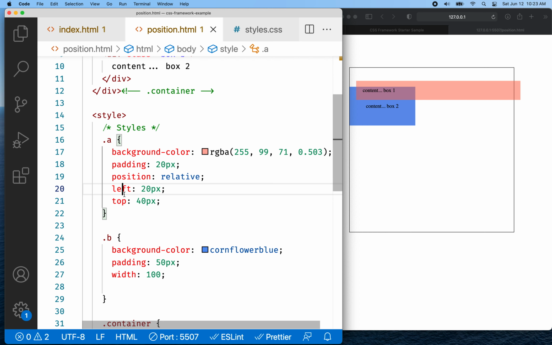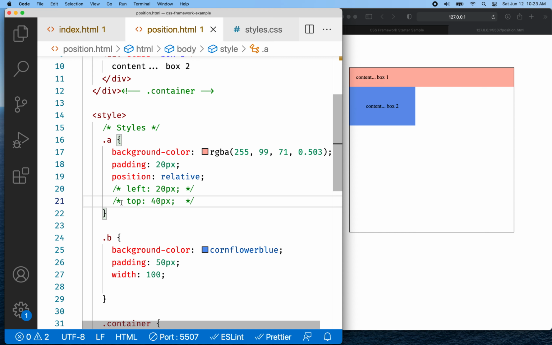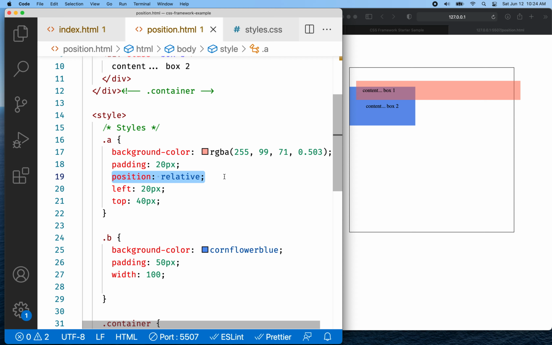What happens now? Weird. Wait, did you catch that? Let's try that again. What if I comment these out just for the moment here? This is what it looks like normally. We're relative position. Everything is acting and looking normal. If I apply the left property, though, I move 20 pixels to the left. If I apply the top property, I move 20 pixels or 40 pixels down. So what's happening here is that when you use relative position, the computer does the auto layout. It arranges everything following the normal rules, okay? And then as a last step, it nudges the element based on the left, top, right, and bottom properties,